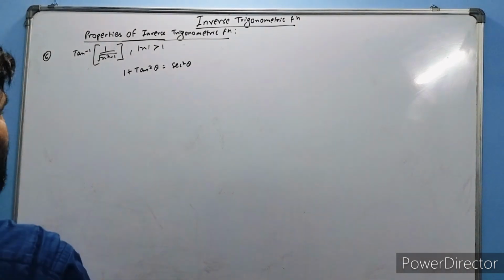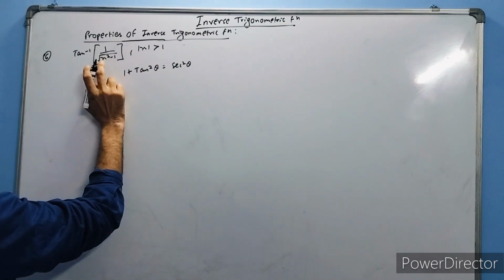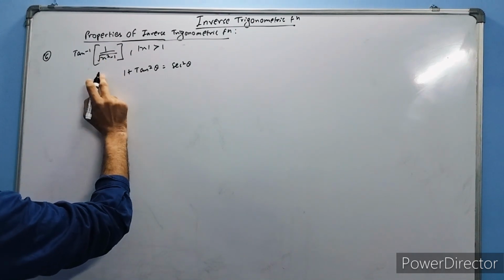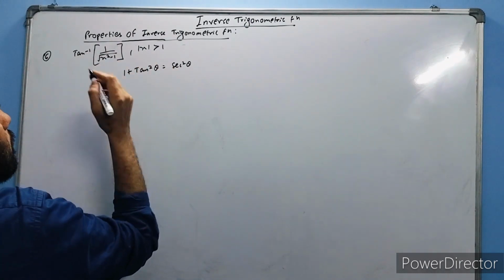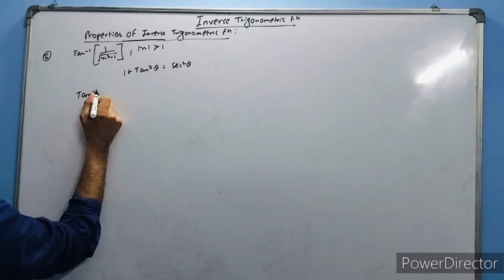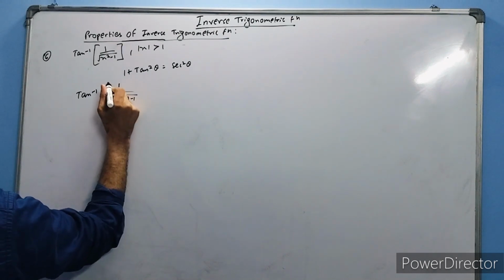I have 1 plus tan square theta is equal to sec square theta, so I will put x is equal to sec theta. Now if I take sec square theta minus 1,